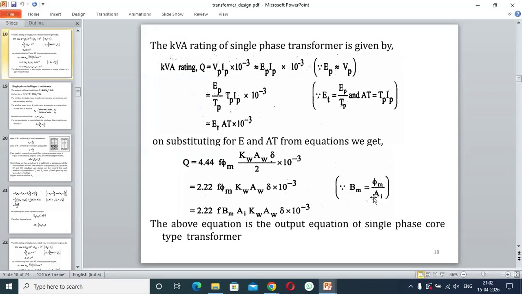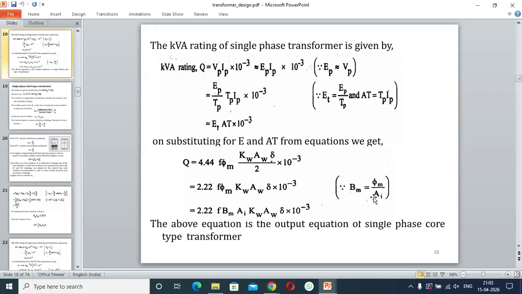You will see that eddy current loss and hysteresis loss depend upon the frequency, and copper loss depends totally upon the amount of current which will flow through our turns. So now we have assumed that whatever EMF is generated will be around the same. If it is the same, then we replace Vp by Ep,